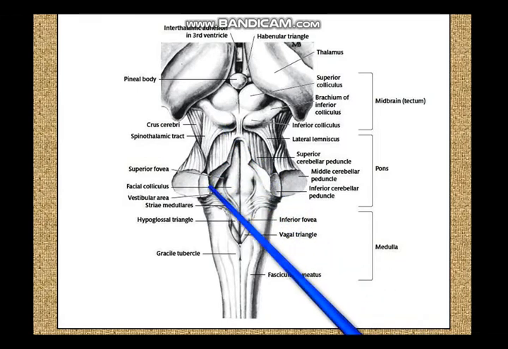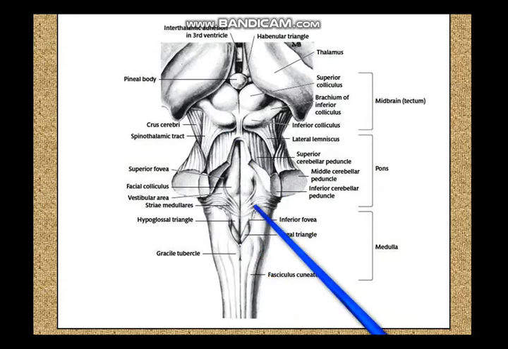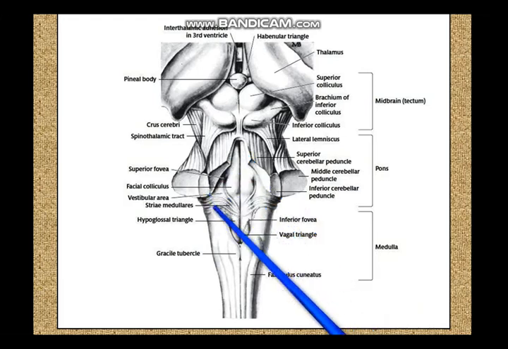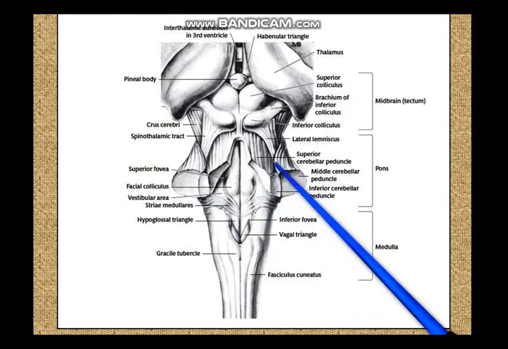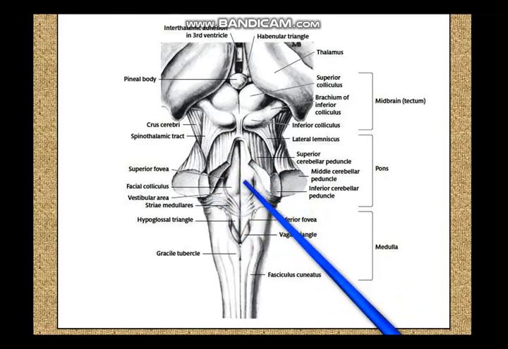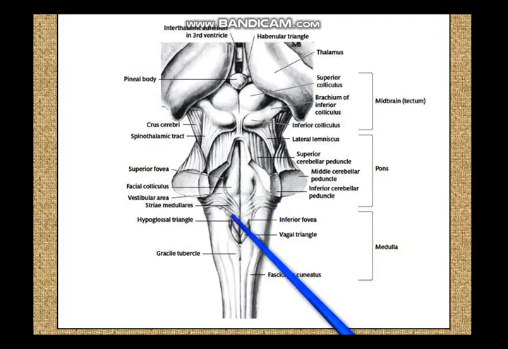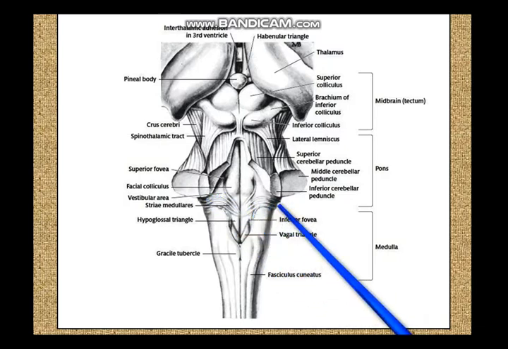Now if you come to the remaining part of the posterior surface of the brainstem, you can see the posterior surface of the pons and the posterior surface of the medulla, and you can see what is essentially the floor of the fourth ventricle. So in the upper part of the posterior surface of the brainstem, you can see the floor of the fourth ventricle over here. So the pontine part of the floor of the fourth ventricle and the medullary part of the floor of the fourth ventricle are separated by these bands of transverse fibers which are called the striae medullaris.